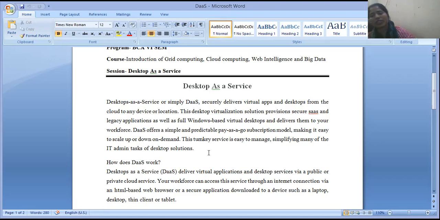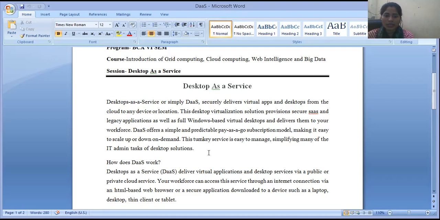Whatever applications you are using that are Windows-based, all of these are secured by using DaaS. DaaS offers a simple and predictable pay-as-you-go subscription model, similar to other services, making it easy to scale up and down on demand.